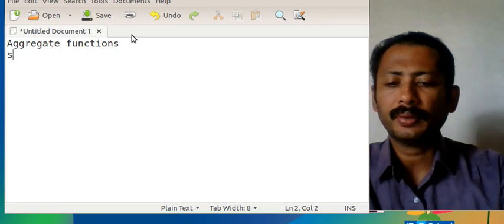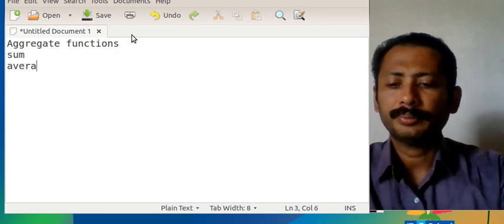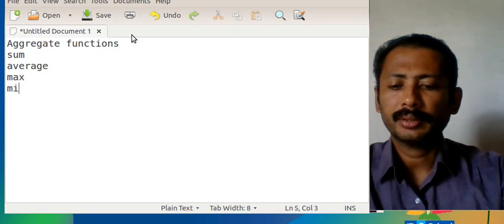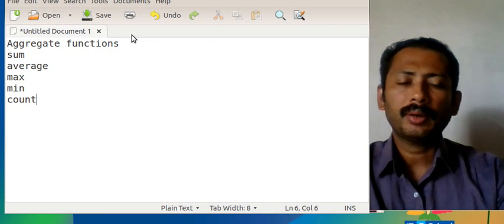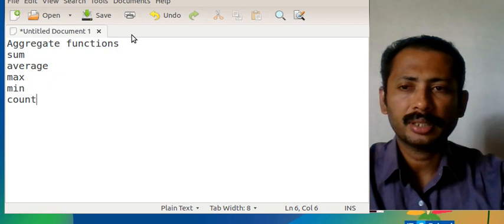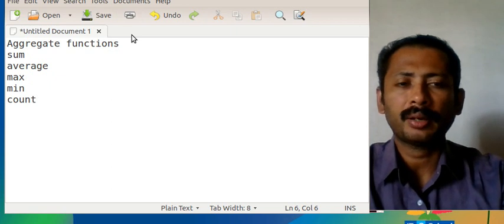The functions are sum, average, max, min, count. So we have 5 basic operations in aggregate functions: sum, average, max, min and count.